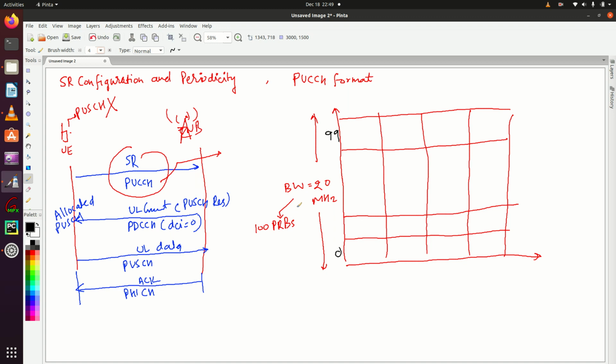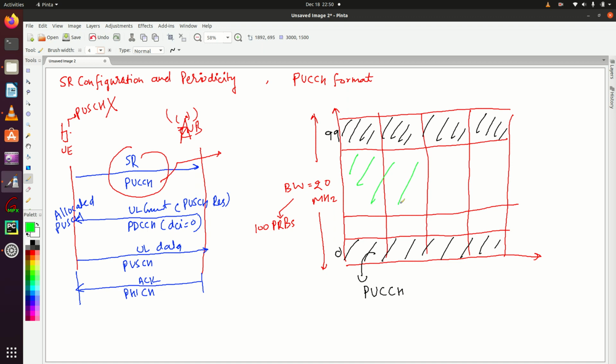Always remember PUCCH resources are available at the boundary of the bandwidth. These are all the resources reserved for PUCCH, and the other PRBs are used for PUSCH.